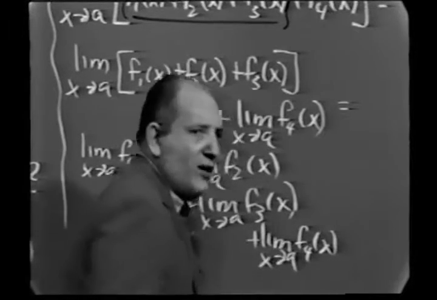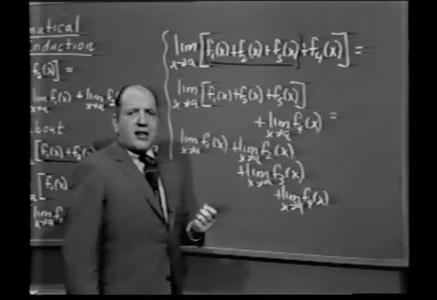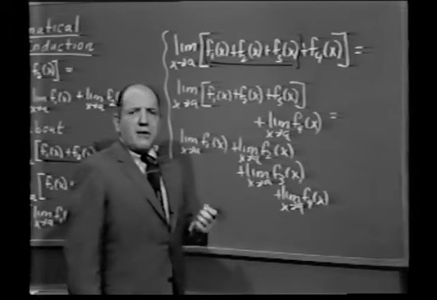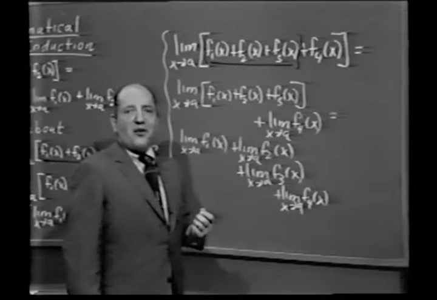In other words, what have we done now? We've shown that knowing that the limit of a sum is the sum of the limits was true for a sum of two functions and of three functions, we've shown inescapably that the same result holds for the sum of